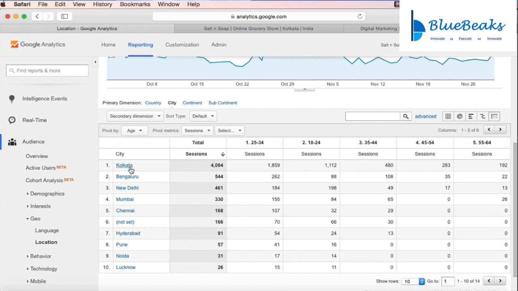So here you can see that Kolkata 25 to 34, 18,859 for the time period that we are looking at for the data lab, and 18 to 24, the number of 1,112 is the number of sessions that has come. So it gives me a pivot table on this, and I can select multiple